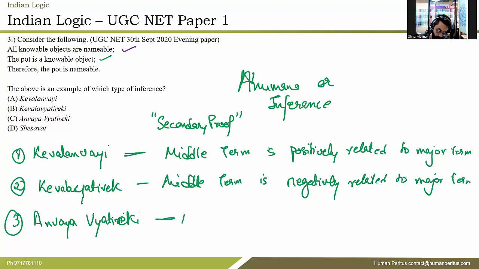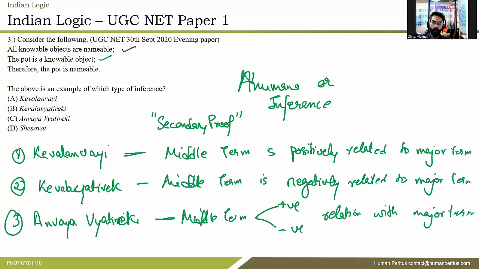And this talks about the middle term having a positive as well as negative relation with the major term. So if you check out the options, what they have given in the particular statement, in the particular question, they have given a very positive relationship, which means the answer is Kevalanvayi, which is